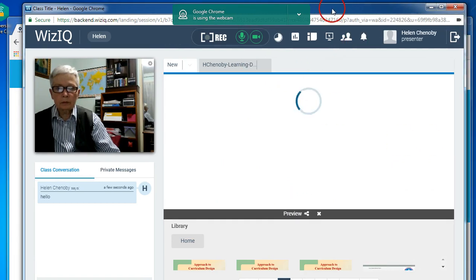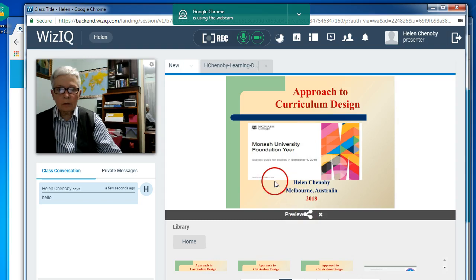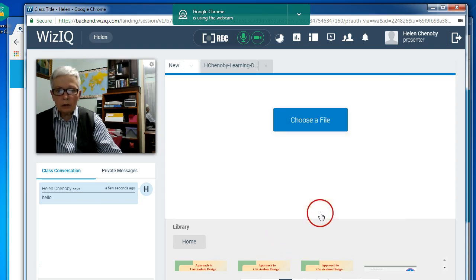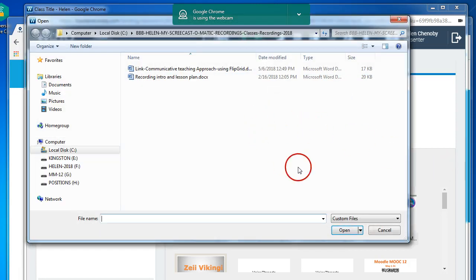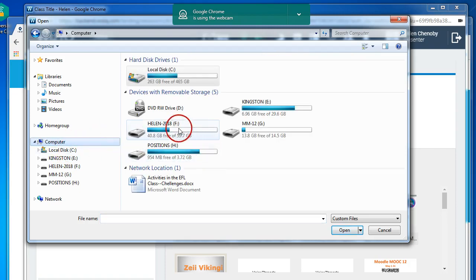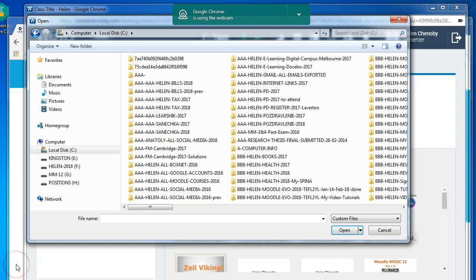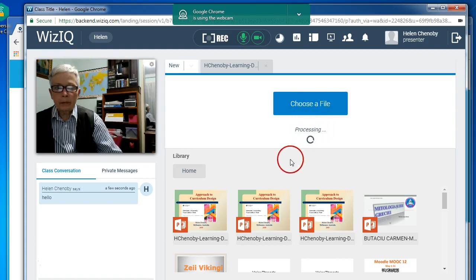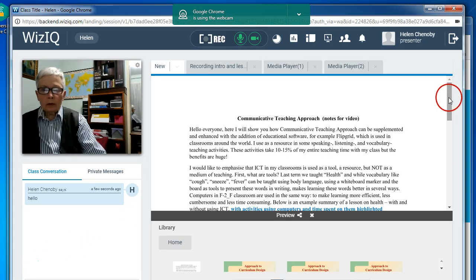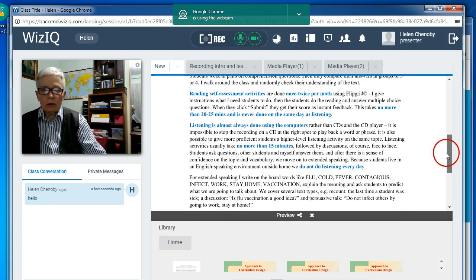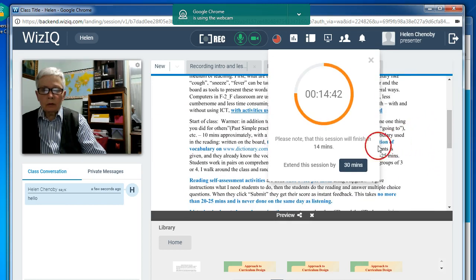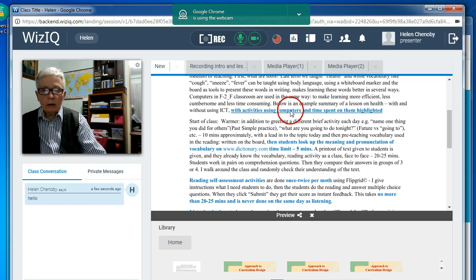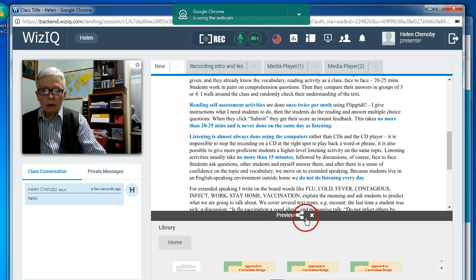That is the same PowerPoint, and I wanted to choose another file from my computer. Actually, we can use all formats. That is another resource I can use with my students. That is just a normal Word file, or that is with indication class will over. This Word file, and